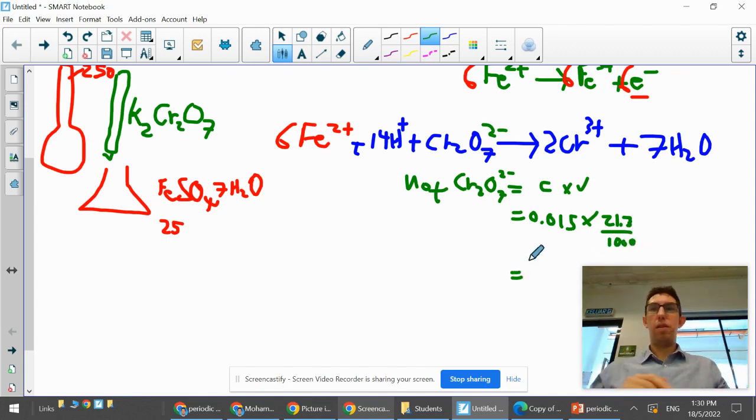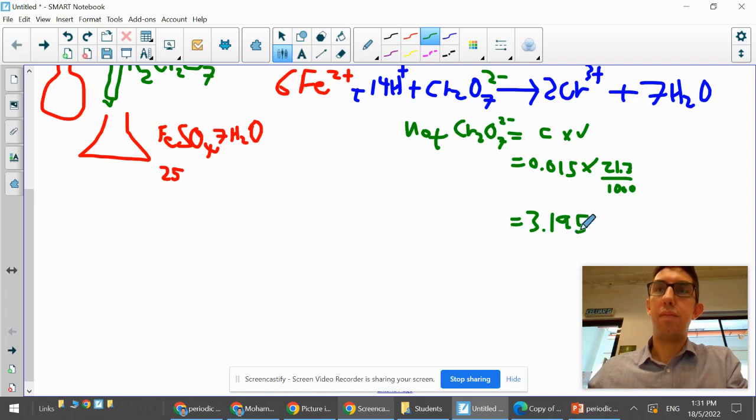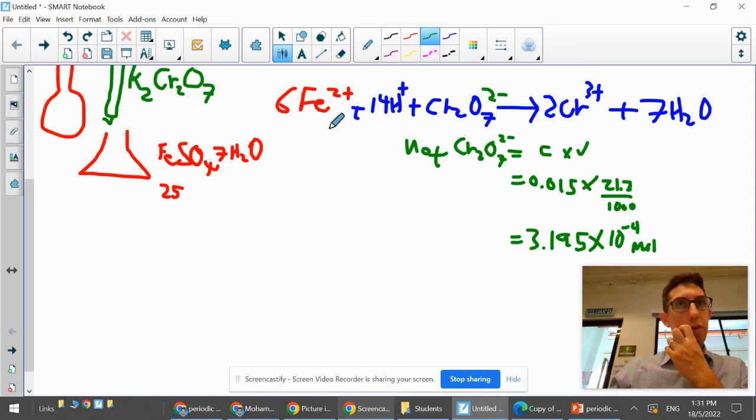Let's put it in a calculator and get some moles. So it comes out to 3.195 times 10 to the minus 4 moles. Okay, we want to know how many ions there are though. So we can see the ratio of chromate to iron is 1 to 6. So therefore,